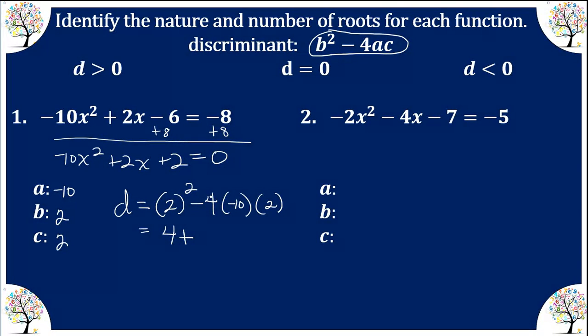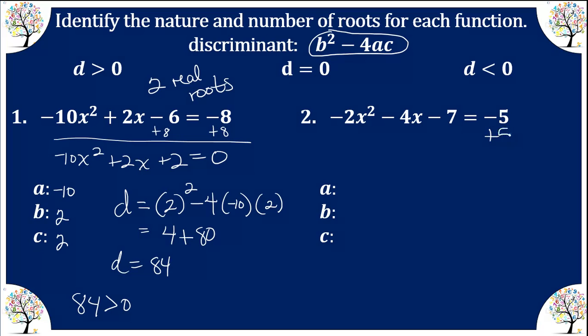Then we simply have 4 times 10 times 2. So that's going to be 80. And our discriminant is 84. So 84 is greater than 0. So this quadratic has 2 real roots. Number 2,